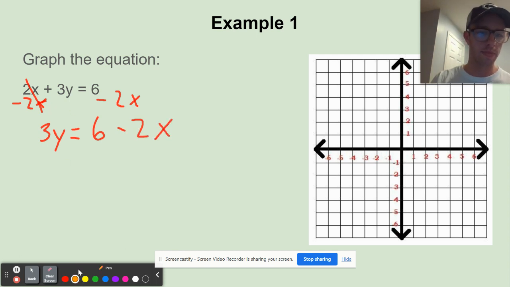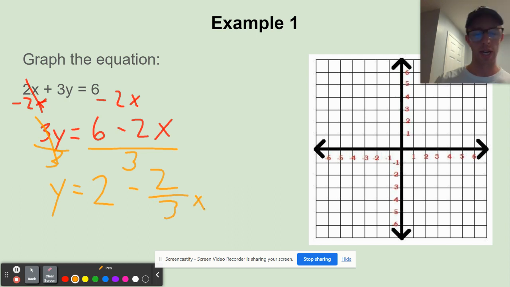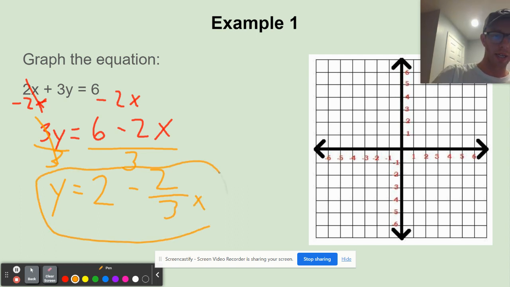And I'm almost done, but I still have this coefficient to this y. So I'm going to divide each side by 3. These cancel, I have y by itself. 6 divided by 3 is 2. And negative 2 over 3, I'm just going to leave that as a fraction. Negative 2 over 3x. Now, this might not look exactly like y equals mx plus b, but remember the order